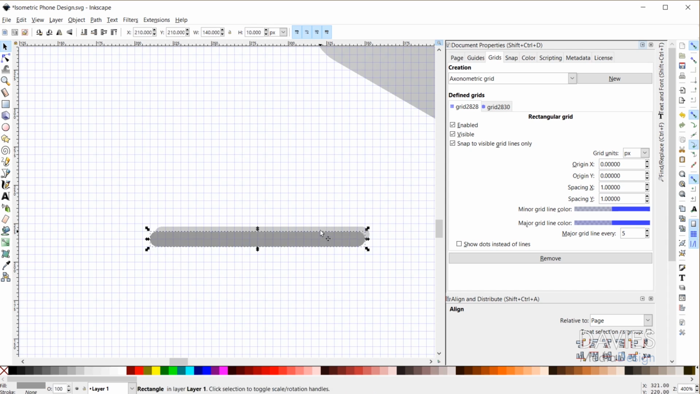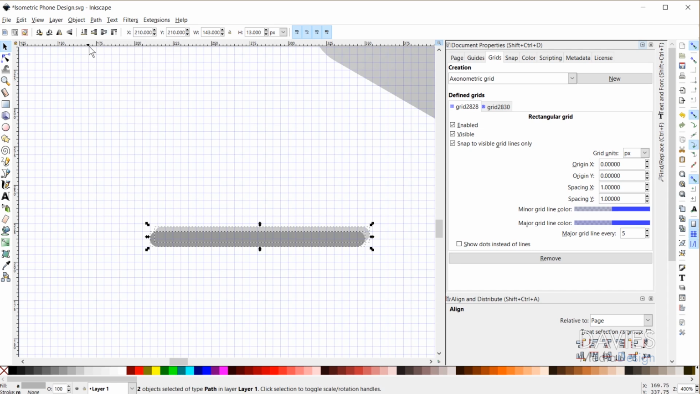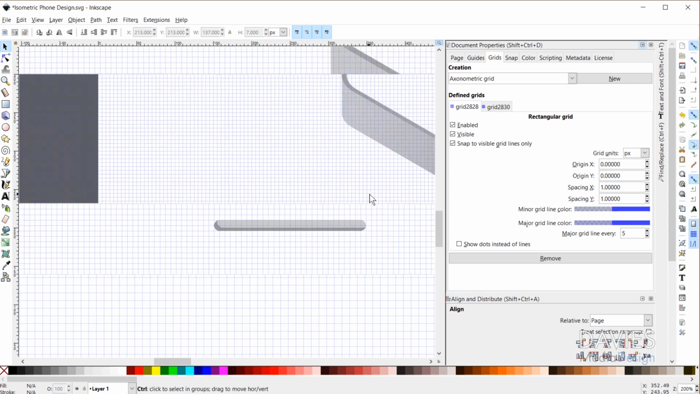to duplicate that. And then I'm going to shift click on the top dark gray rounded rectangle here and the lighter rounded rectangle. And then I'll come over and go to Path, Object to Path, and then Path, Intersection. And now you can see what that's done is it's created this look where it looks kind of like it's sunken in a little bit, and that's what our speaker is going to look like. It looks like our speaker is inset on the phone, so it just makes it look a little bit more